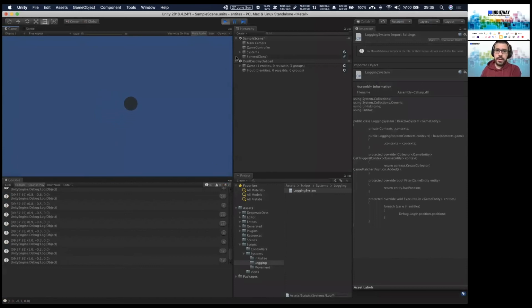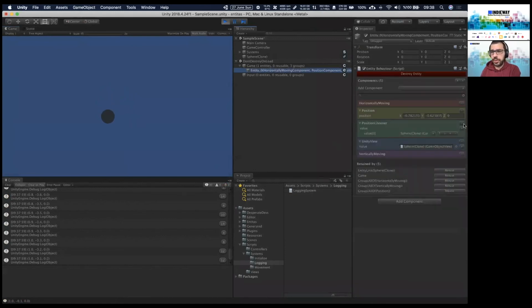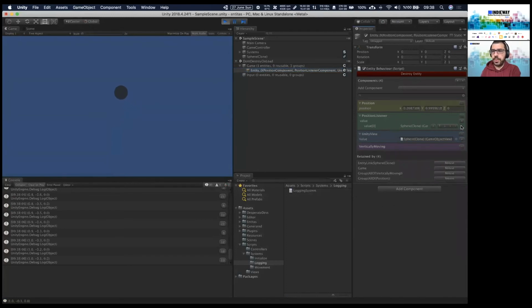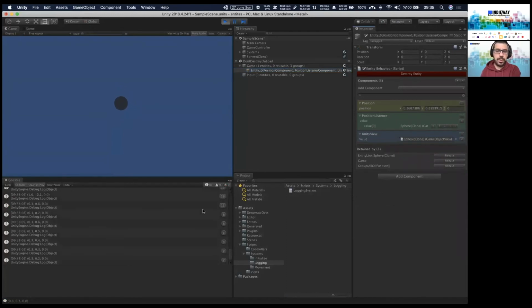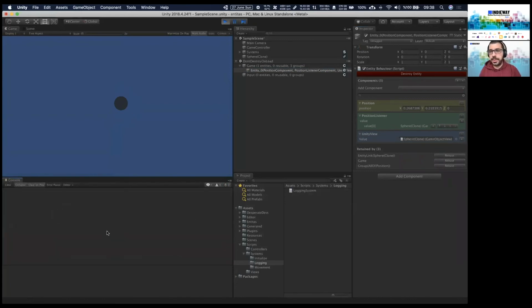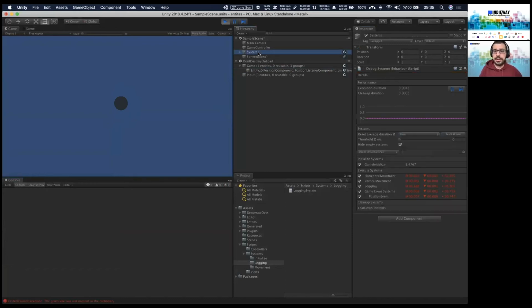Let me just show you this. For instance, supposing that these horizontal moving components, vertical moving components, if we remove them, nothing will be on the screen because the position component is not added to this entity. So that's why it doesn't react to anything. These systems, we see that they are operating actively.